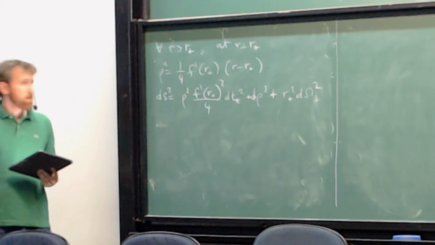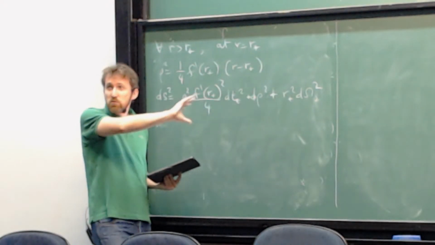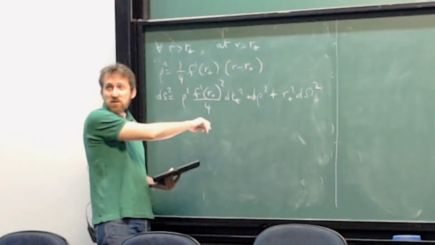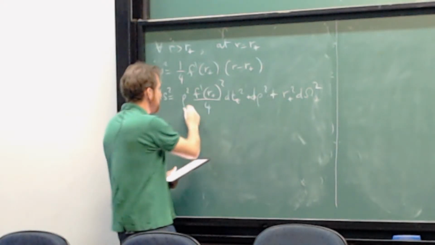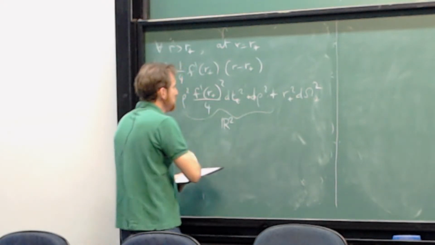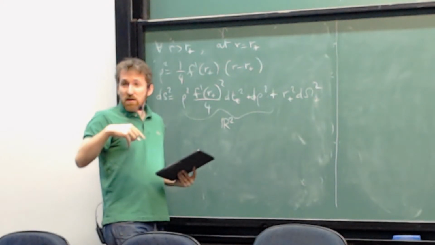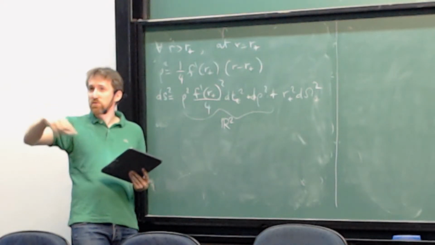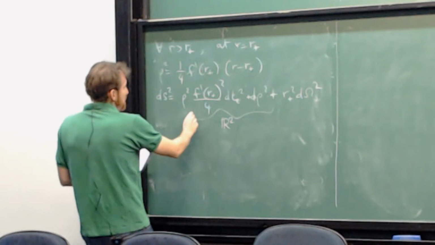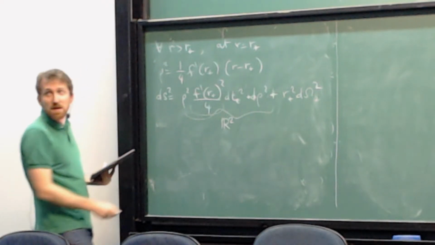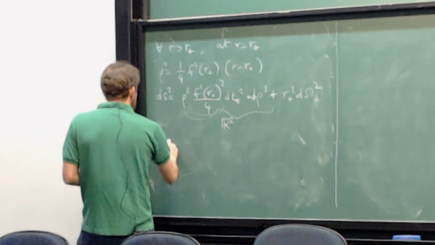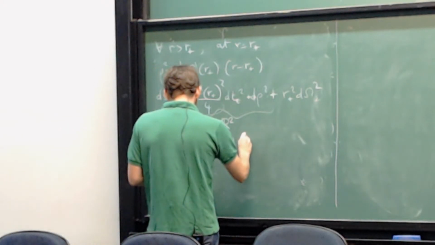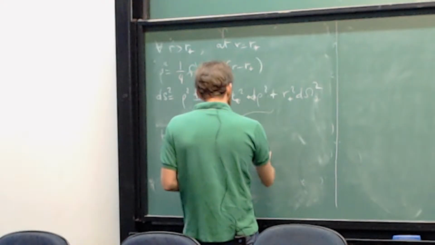As I said on Tuesday, in order for this space to be smooth, I need the proper length of each circle to look like the plane, like R2. So I need to identify this with an angle. But the only smooth structure on R2 is such that the proper length divided by the proper radius of each circle is 2 pi, which means that I need to make sure that the periodicity of t_E is related to 2 pi. So I need to identify this such that beta